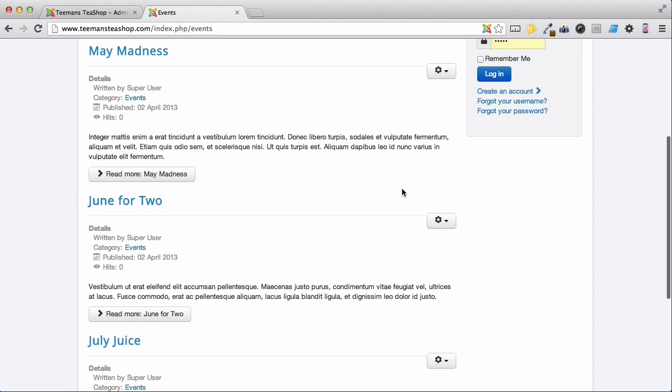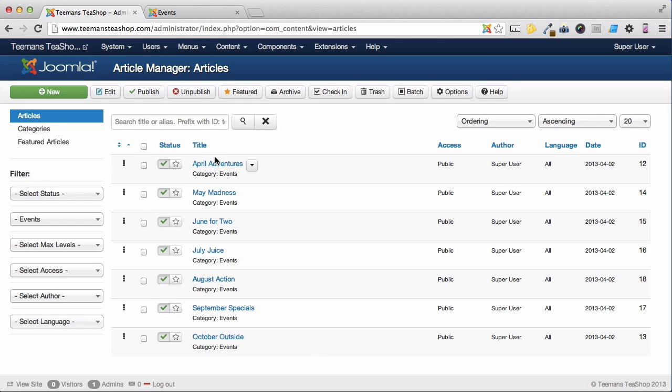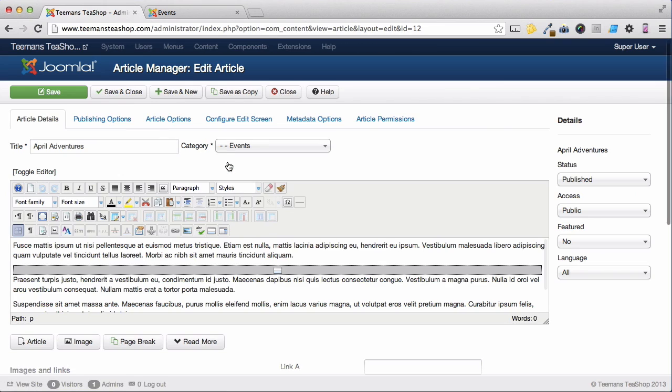But let's not stop there. Once the month of April has finished, we want to remove this article from our website, and for May and June and July and so on. We could do this manually every month by unpublishing the article, but Joomla allows us to do this automatically. Return to your website, Administrator, and open the April Adventures article by clicking on its title. If we go to the Publishing options,